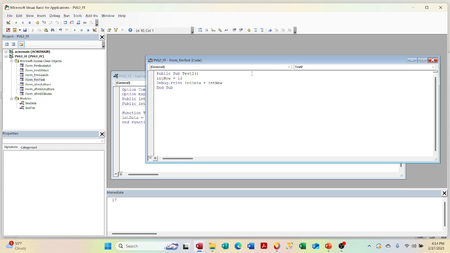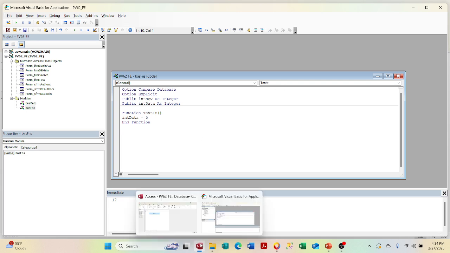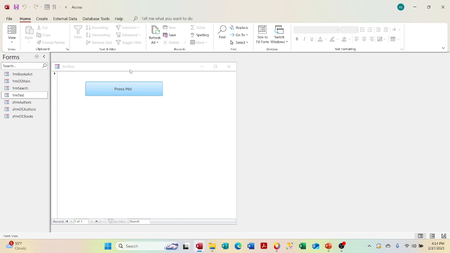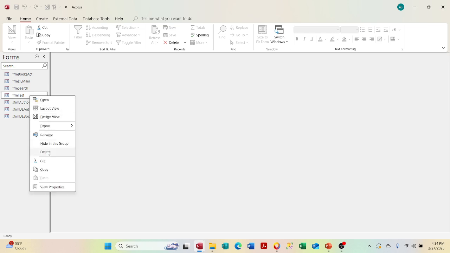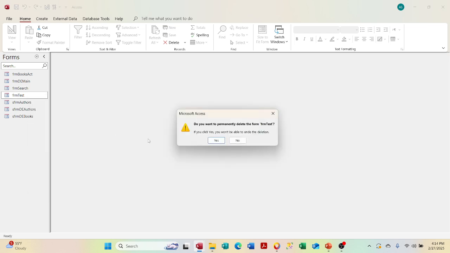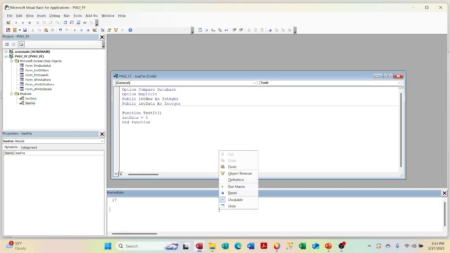I don't know what happened here to this particular form. I'm going to delete and recreate that form. Something's weird. So we're going to close this and say delete it. And we should get rid of our code too. Let's go in and see that it's gone. And it is. All right, I'm going to create another form with 2 buttons on it